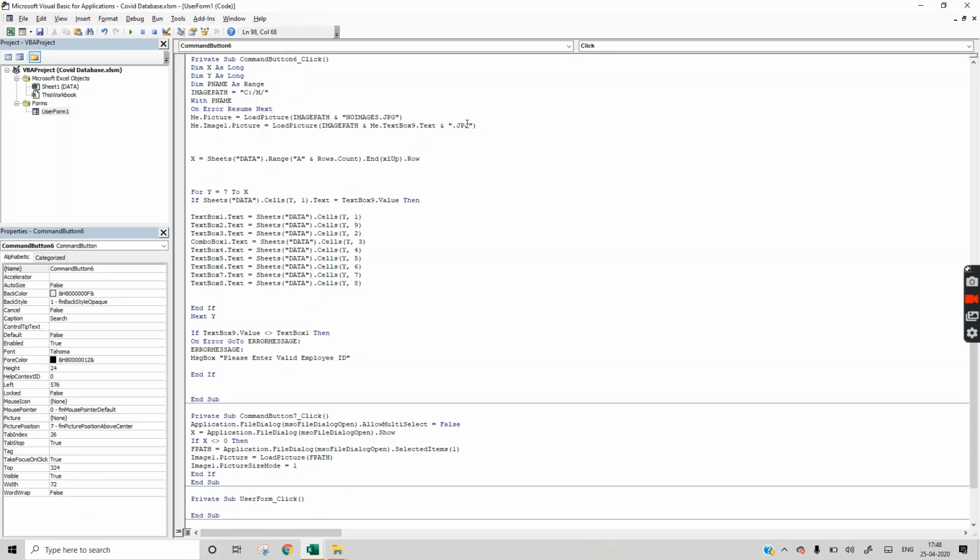It is JPG. So it will add the image path and TextBox9, the number which will be in TextBox9, and JPG. So the picture will be saved with this name. It is the me image.